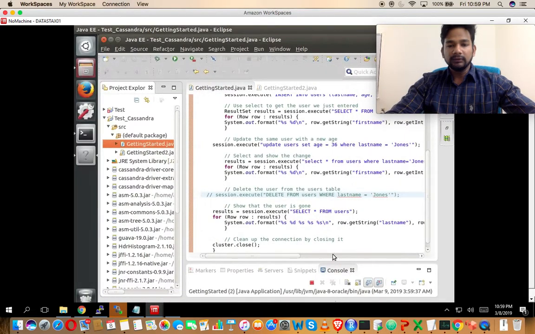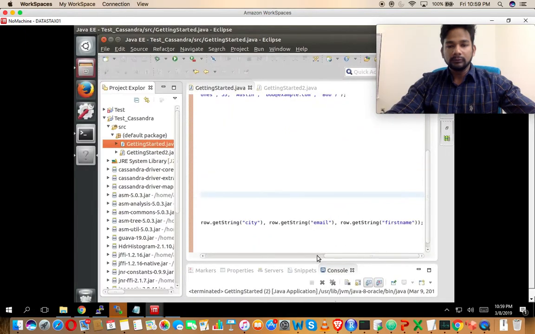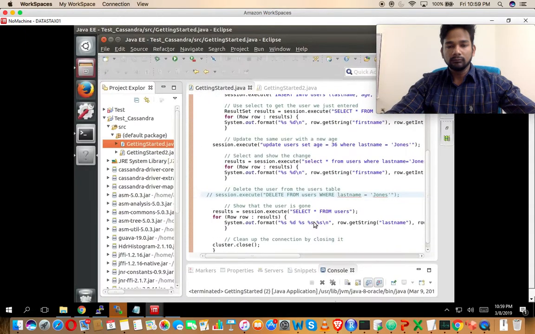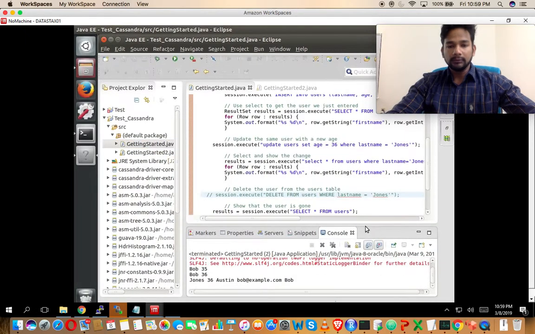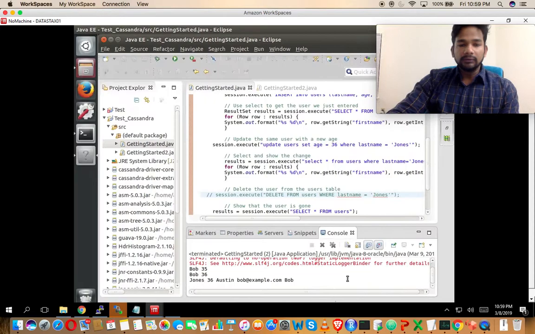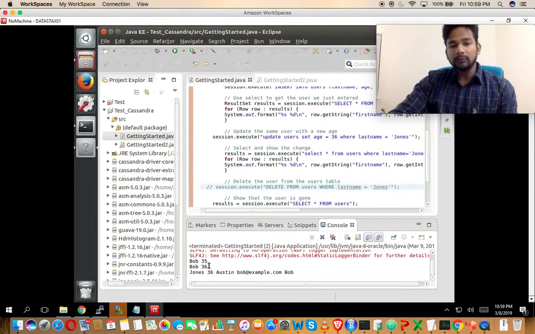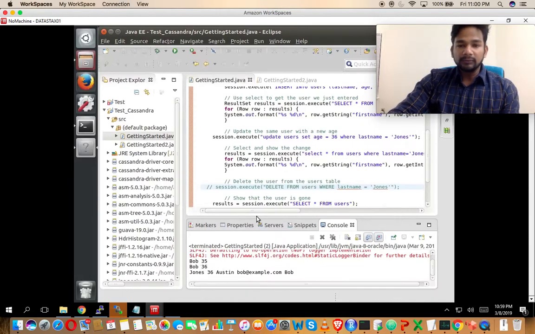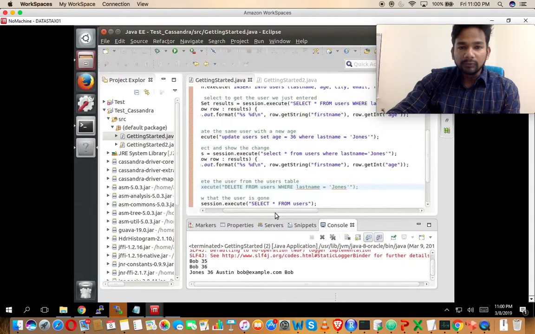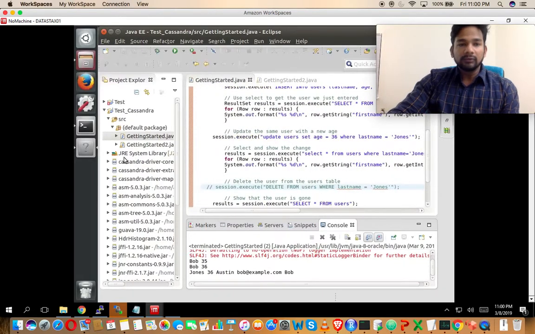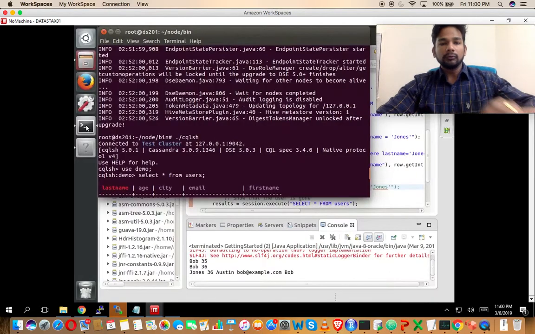If you can see in the console, the Bob age was 35, and then it was updated to 36, and this is the print which we wanted exactly. To see these changes, we can also go to the database and